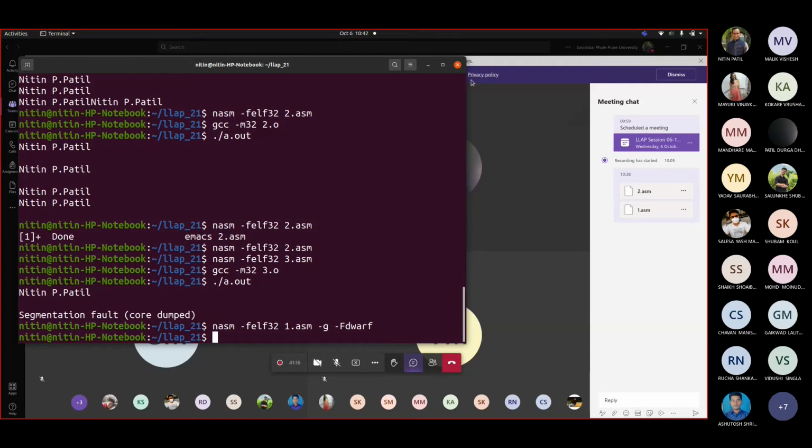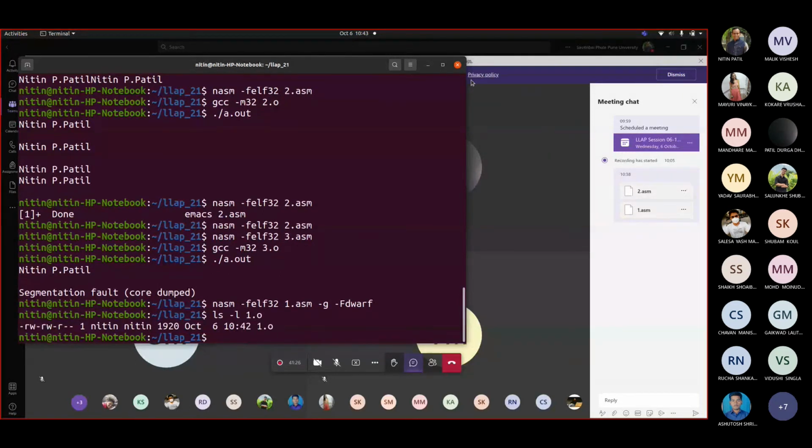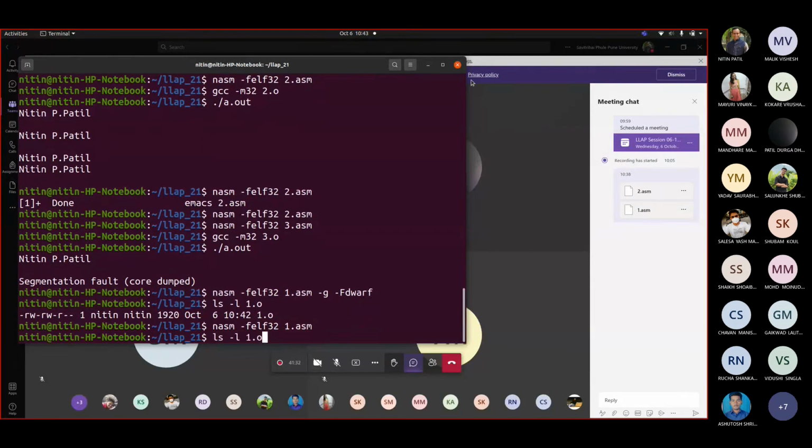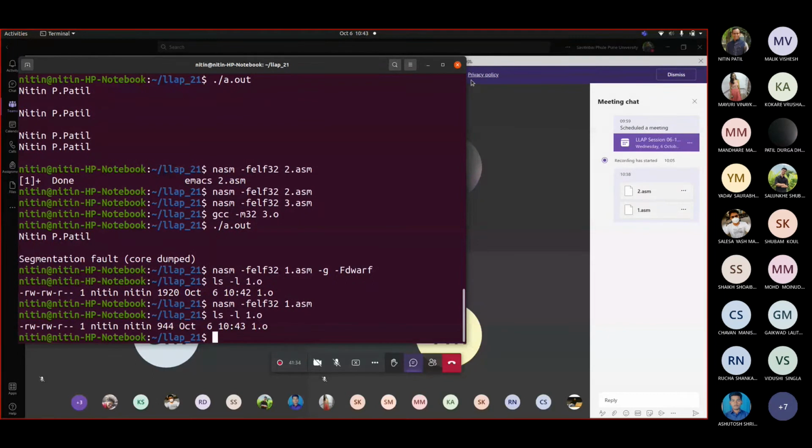This is mandatory whenever you want a file to be ready for debugging. Let us see ls -l on 1.o. See the size. Now suppose I don't write this -g -f dwarf. Now see the size. Is there any change in the size?